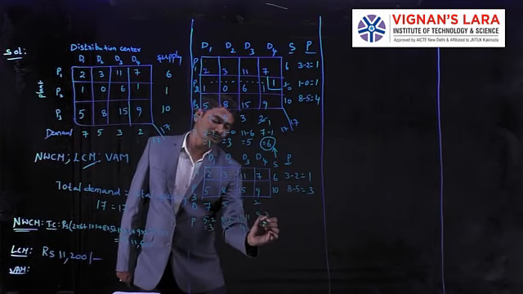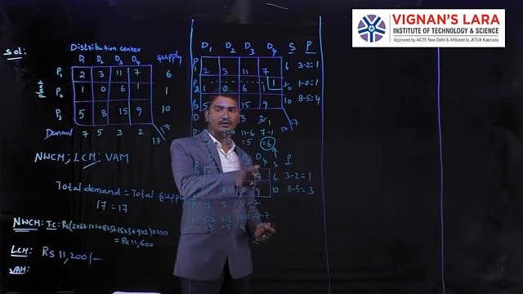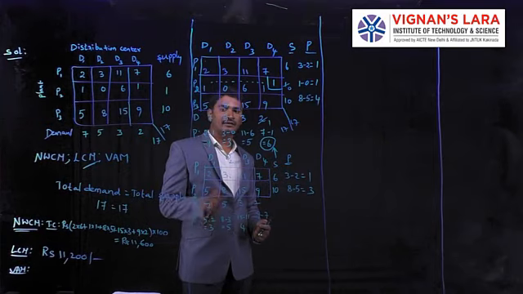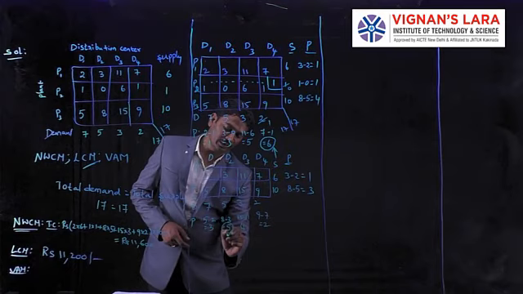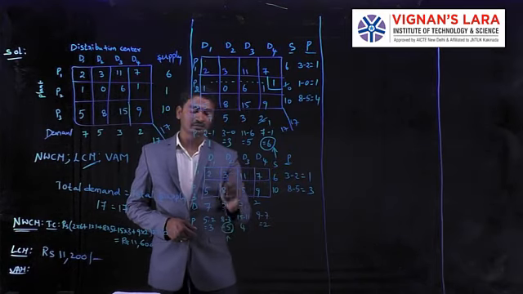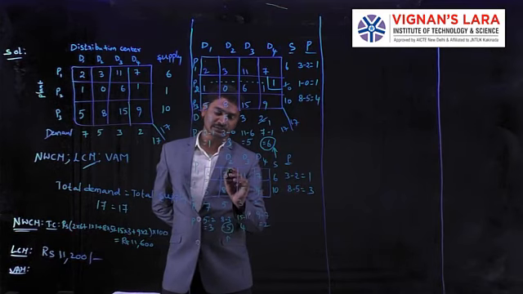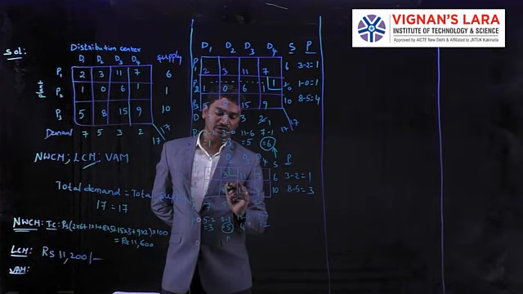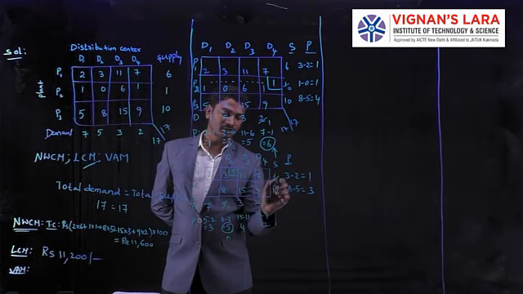Here we are going to identify the highest penalty. The highest penalty is 5. So next we allocate the units in this column. We identify the least cost; from these two, this is the least cost. So we allocate the commodity here. There are 5 units of demand and 6 units of supply, so now we allocate 5 units. After this we get 0 and 1.